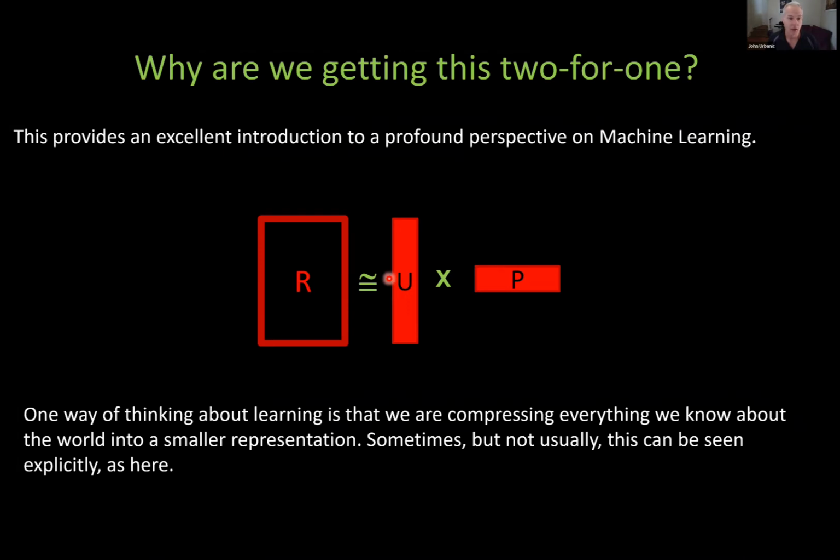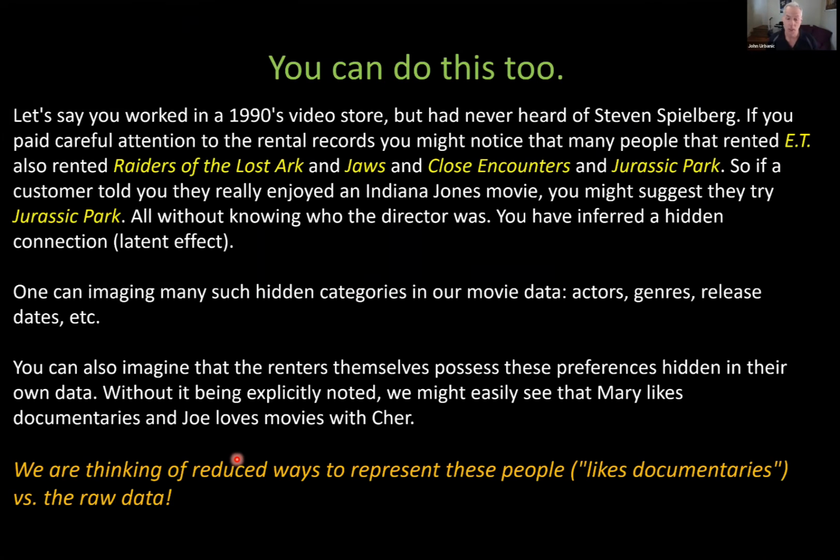Okay, and once again, why are we getting this 2 for 1? One way that yesterday I told you to think about learning is really compressing a representation of the world, of your data, into a smaller representation. I gave us a couple perspectives on that yesterday with some of the approaches we looked at, and we'll have a lot more this afternoon. But this compression idea is universal to machine learning. And it's a very fundamental and very useful perspective to have as you pursue particular algorithms to solve problems.